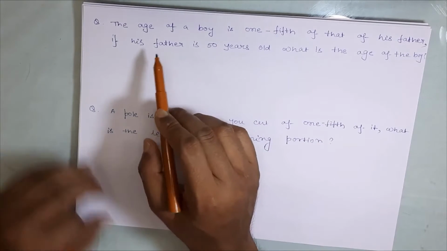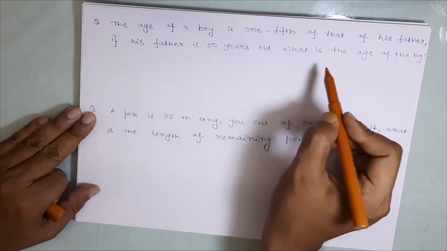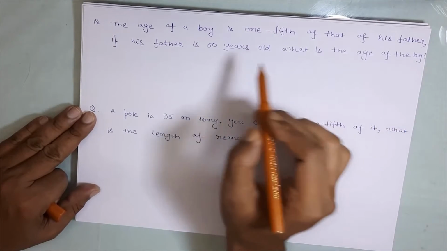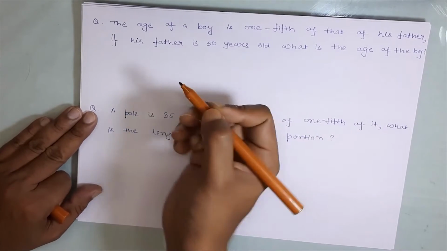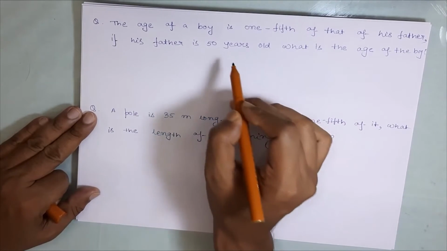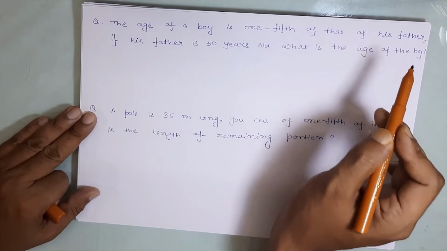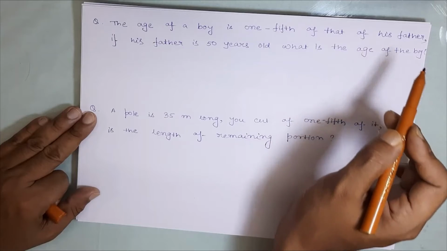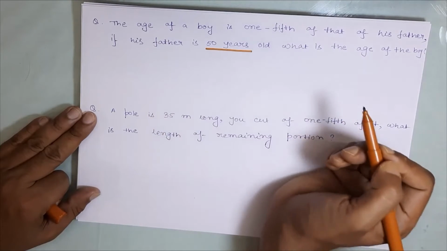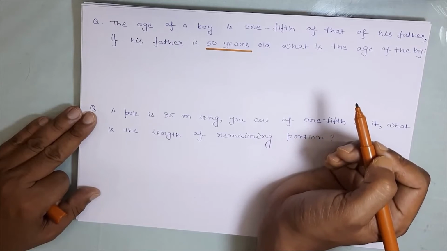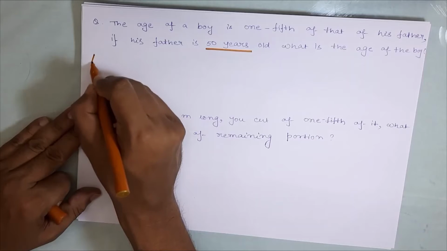Now what is there in the second line? If his father is 50 years old, what is the age of the boy? So his father's age is 50 years. So let us solve this problem. We have to find one fifth of the whole, which is the age of his father, 50 years, as mentioned in this question. Then we'll get the age of the boy. So the answer will be